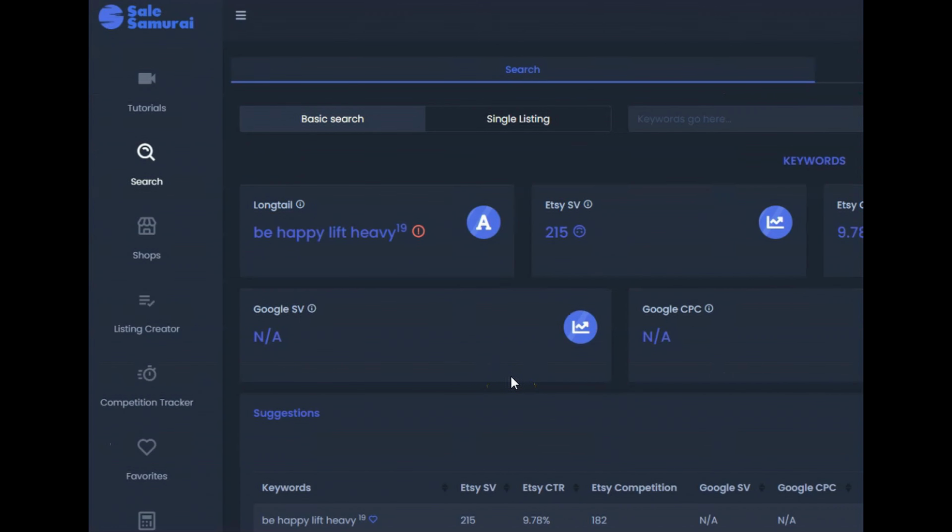And it really doesn't matter what you're selling, right? You can use this tool to help you improve your Etsy listings and start getting faster sales, easier sales, and knowing for sure that what you're listing is going to be able to be found quicker. You're not going to be competing with a lot of other sellers, and you know for sure that people are actually searching for it. Although I personally have had a bestseller that only had a search volume of 32, and